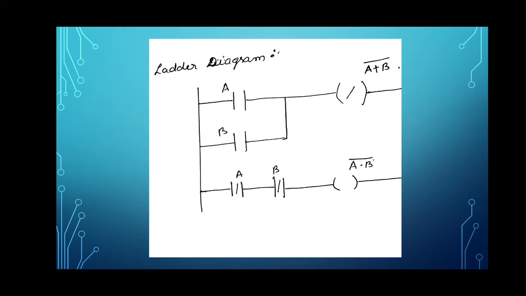Then here again in the third line we have written inverted inputs, that is A is normally closed, B is also normally closed. So, when the state is 0, these are the closed switches, and when the state changes, these will become the open switches. So again the inverted operation takes place. So here both A and B should be 0, then only the output will be high.